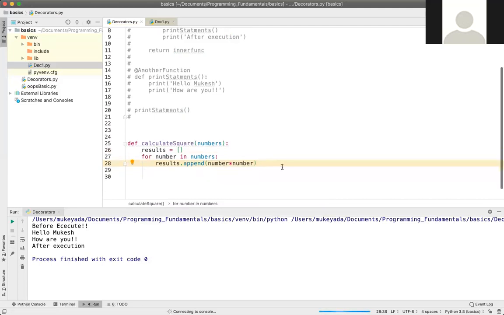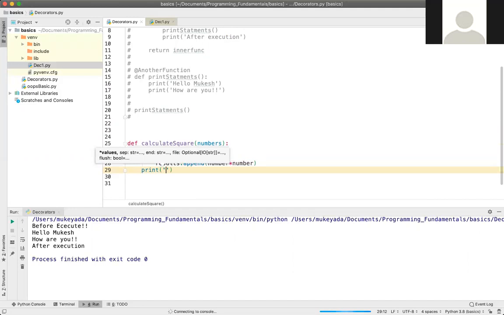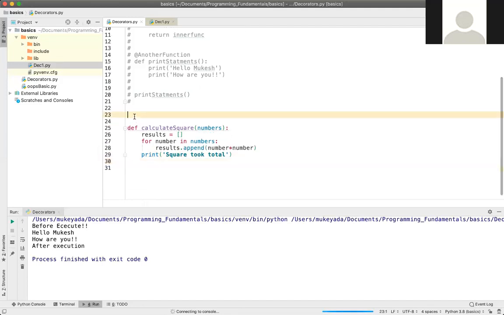After that I need to write one print statement. Here I'll say the square took total, and one more thing, guys, because we are calculating the square based on the timestamp, we need to import the time functionality.